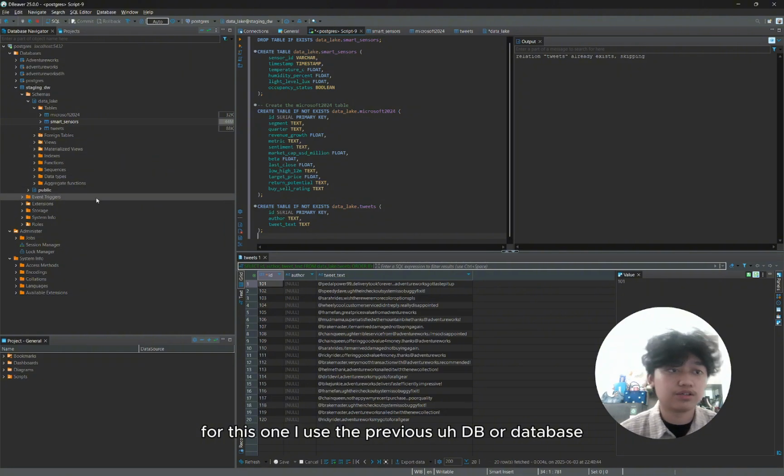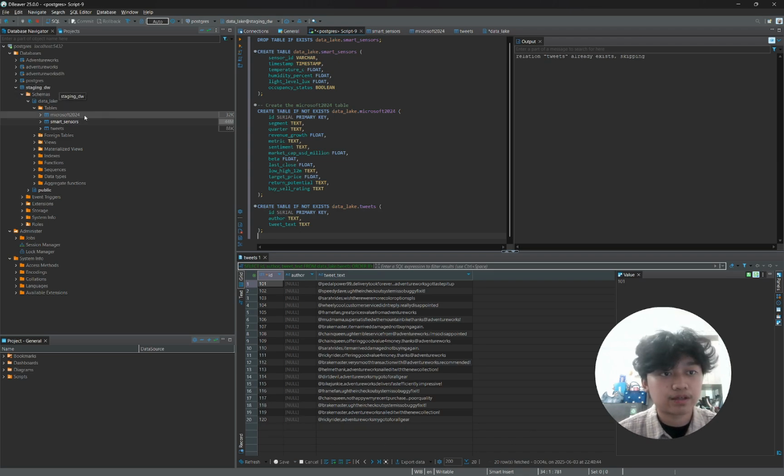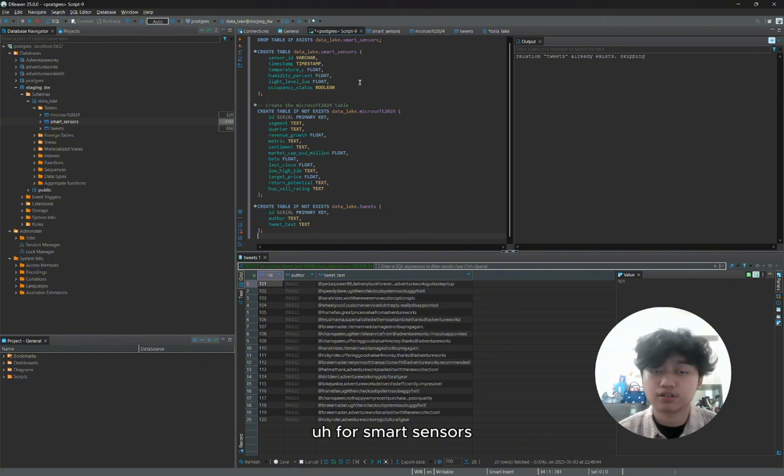For this one I use the previous database, which is staging_DW, and inside it I create tables inside data_lake. For the first one, I create a table for smart sensors. This is the CSV one, so I create sensor ID, timestamp, until occupancy status.